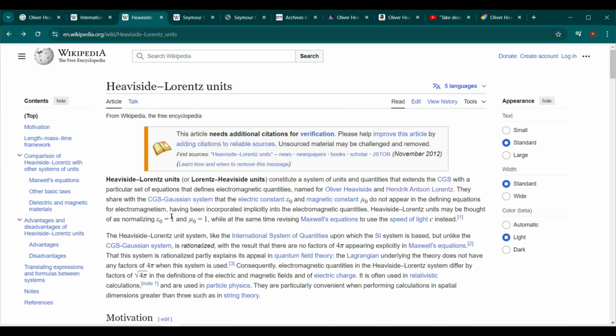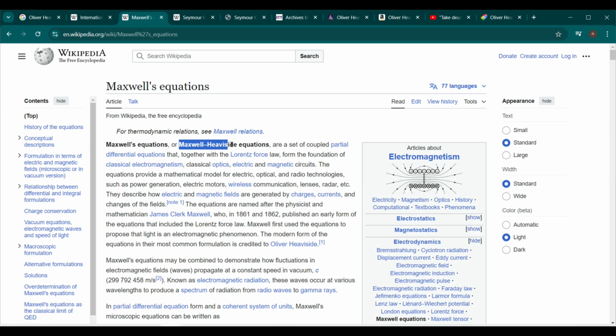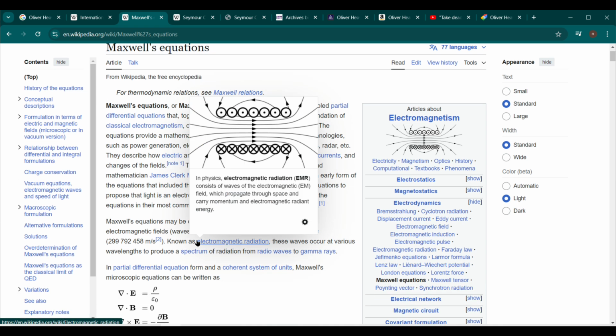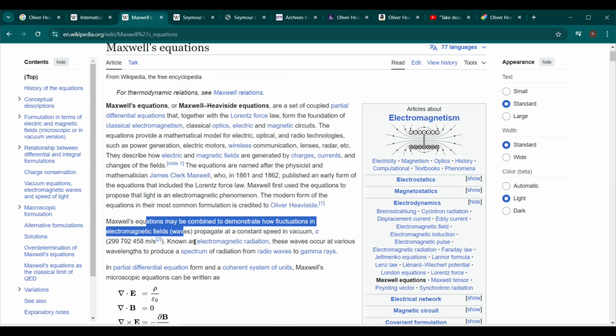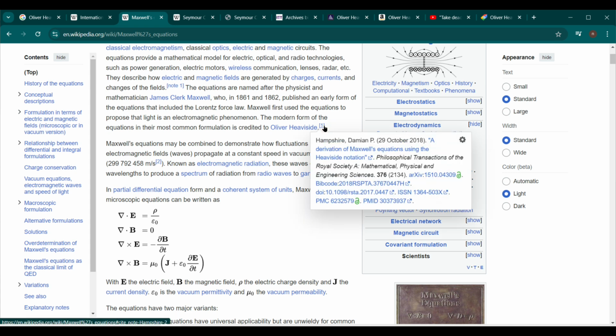But then I just kept reading about this person Heaviside because I guess he was working with Maxwell's equations too. And then I read that he simplified his equations. So I was like, well, I thought it was Maxwell that did it, but apparently he made them simpler. So he kind of keeps popping up in this whole century in England, which is kind of interesting. And then one of the sources quoted Heaviside,